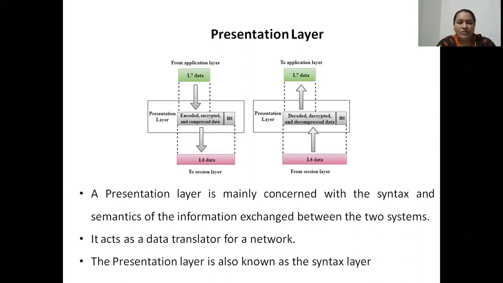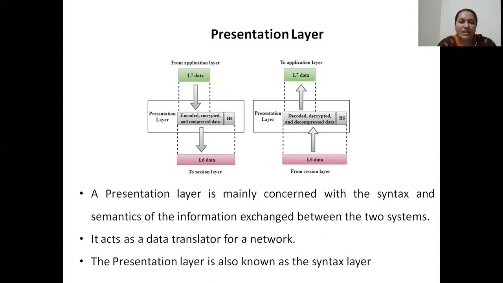Okay, so the syntax which is understood by one computer need not be the same on any other computer which is connected on the network. So each computer will have its own conventions for the way in which it receives the data and the way in which it interprets the data.